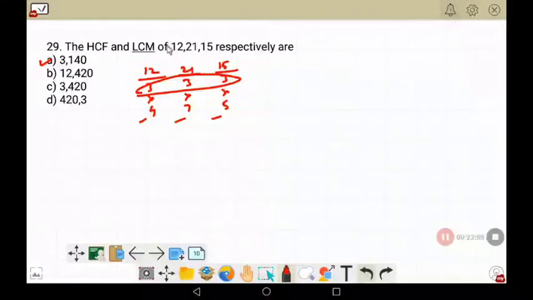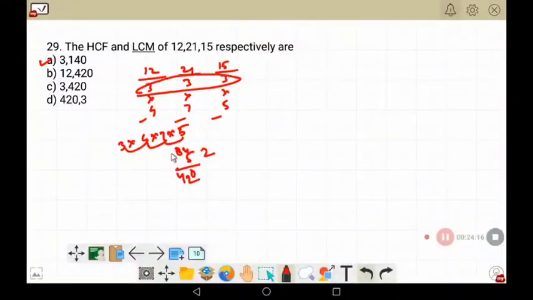Now let us take the LCM. What will be the LCM? 3 into, write the highest common factor once, then the rest of the numbers in multiplication. That will be the LCM. 3 4s are 12, 12 7s are 84, 84 5s are 5 4s are 20, carry 2, 5 8s are 40 and 2 is 42. So this will be the answer. 3 is the HCF and 420 is the LCM.